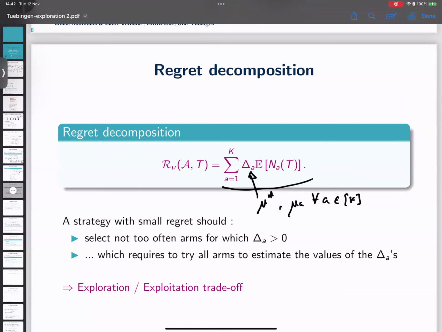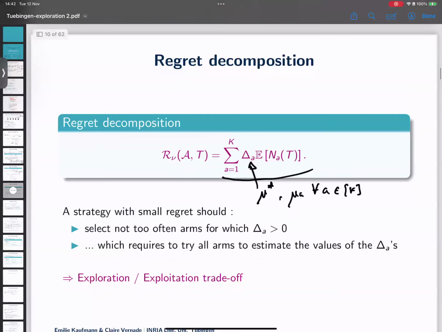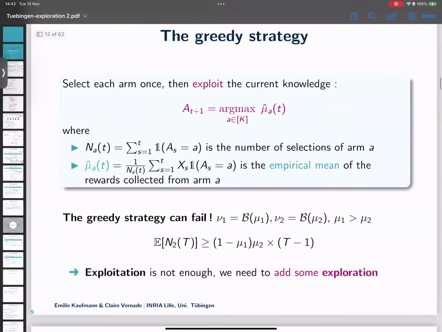Exactly. So this is the exact right intuition. I cannot observe the true means, so I need estimators. And so the first strategy is to construct an estimator by just pulling each arm once. I get a sample from each of the arms, I take the highest sample, and then I pull this arm until the end of time. So this is the greedy strategy.